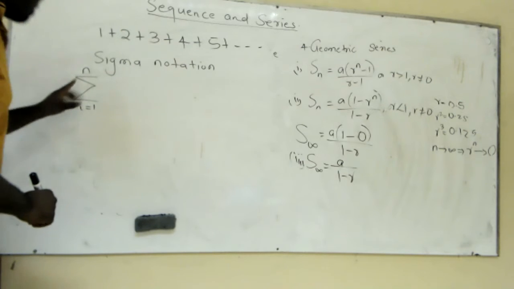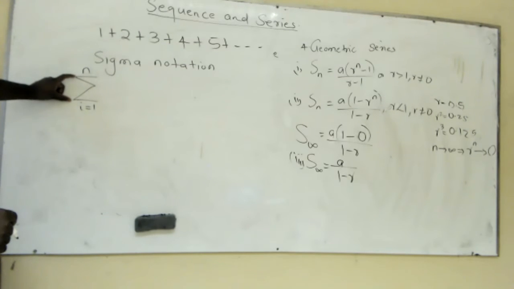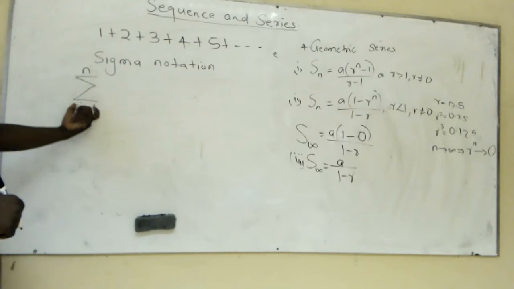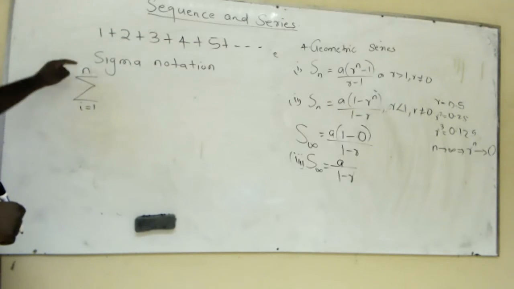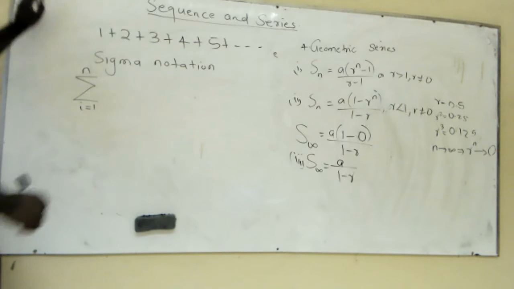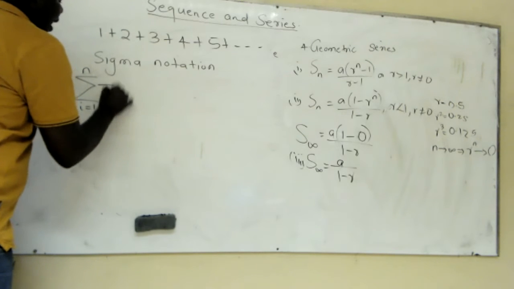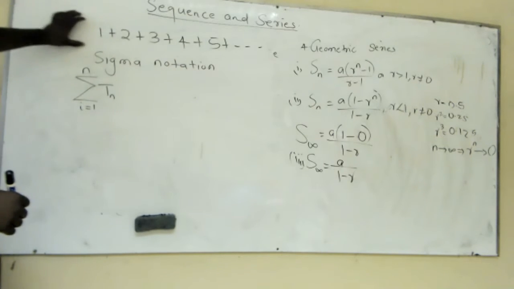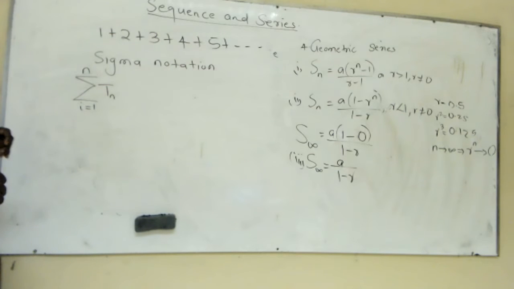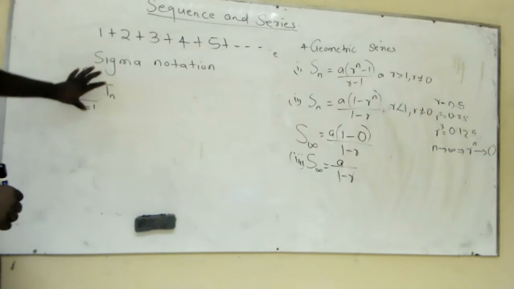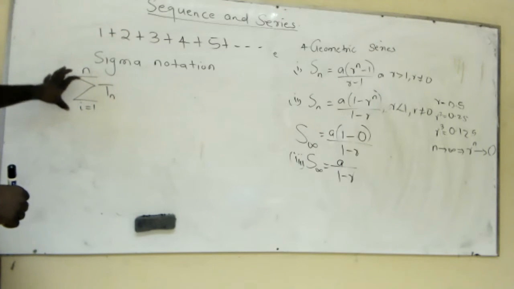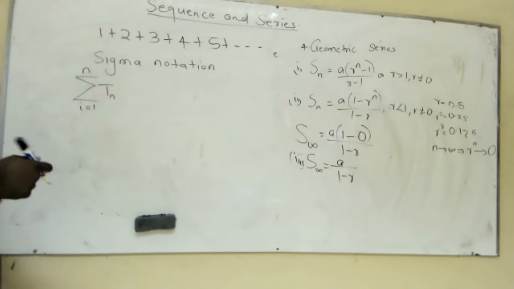Let me repeat this because it's important. The sigma notation is given by the symbol we have there, and what we have below the sigma notation represents the starting point of the sequence, and this is the end point of the sequence. Then inside here, you write the general term of the series, which we are going to do using the example we have up there. But in the meantime, let's just find the general sigma notation that you can implement in